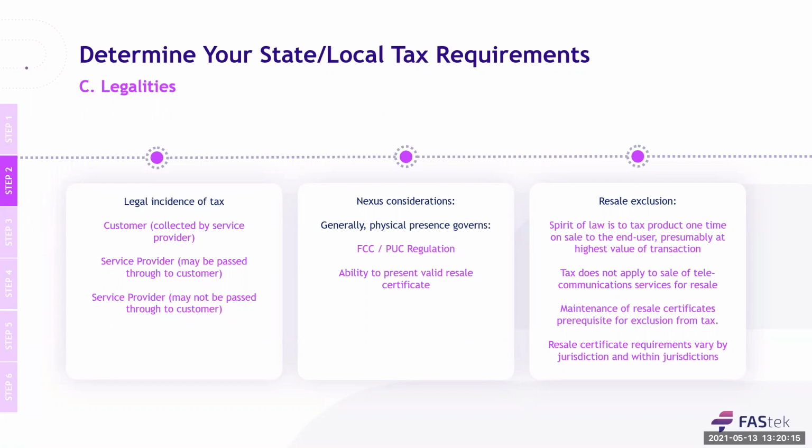Now, we're not going to get into the ever-changing world of nexus determination, but here are some thoughts to keep in mind. Do you have a physical presence in that state, like a retail outlet? Do you have employees or direct sales personnel living in the state? Nexus means that you have a presence in the state and you must remit. It could also be determined if you have independent contractors or independent agents in the jurisdiction. Now, if you find you do have a nexus, then it is your responsibility to report.